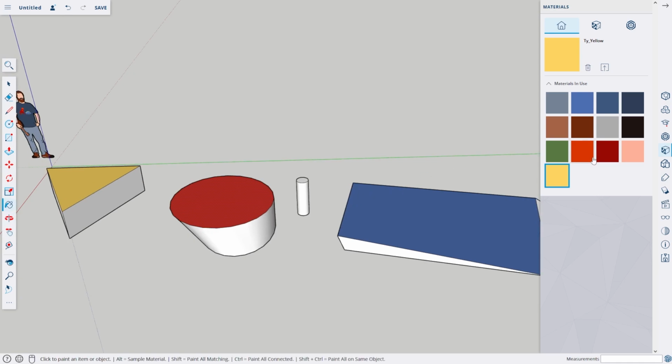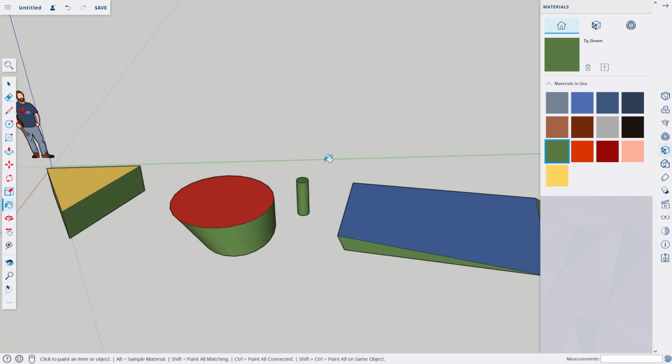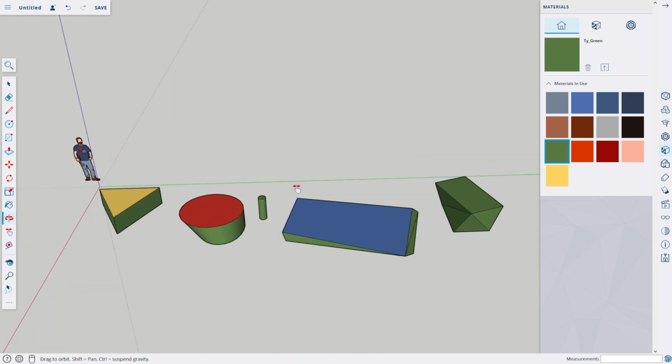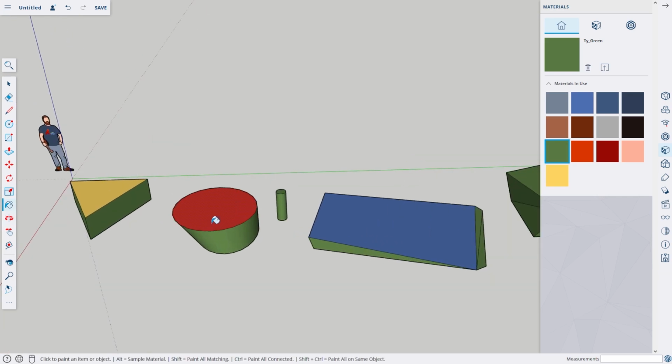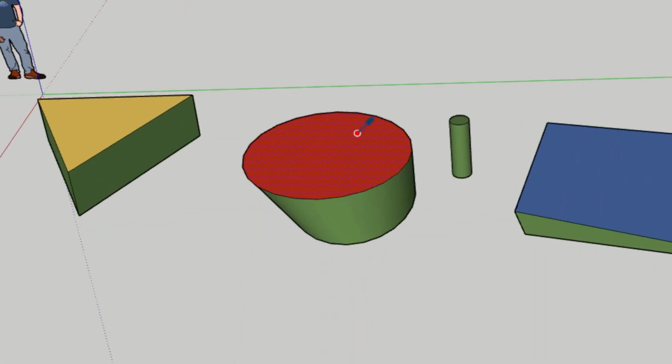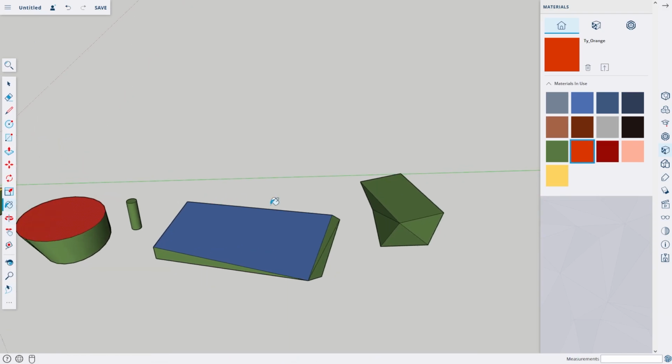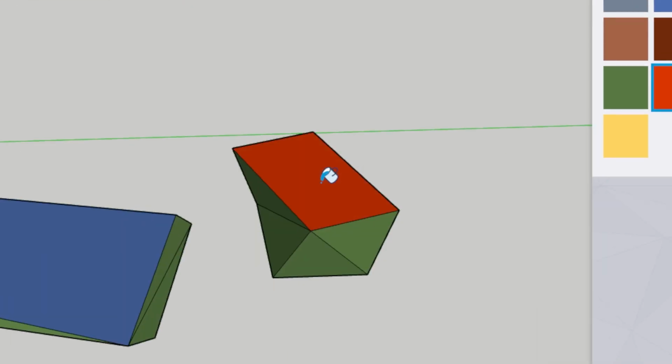If you want to apply the same material to multiple surfaces, you can hold down the Shift key while clicking, which allows you to fill multiple faces with the same material at once. And if you want to sample an existing color or texture from your model, hold down the Alt key or Command key on Mac, and your cursor will change to an eyedropper. Click on any surface to pick up its color or material, and then you can apply that material to other surfaces.